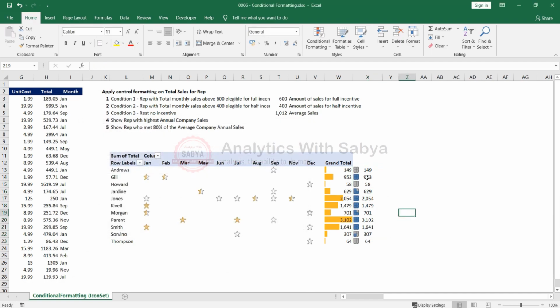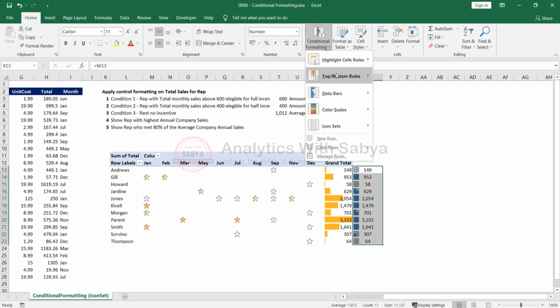So if you look at the numbers right now, this number is 953. 953 is definitely within 80% of this range. That is the reason it gets full. 2000, 1400 is also getting 100%, 3000 of course, and 1000 again, definitely. But 701 is not 80% of this target, but it is definitely within 60% to 80%. That is the reason it gets a quarter over here.